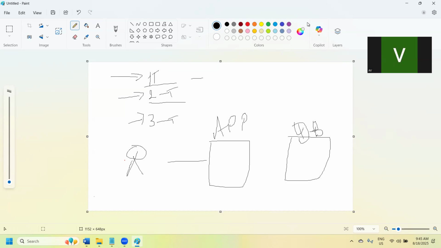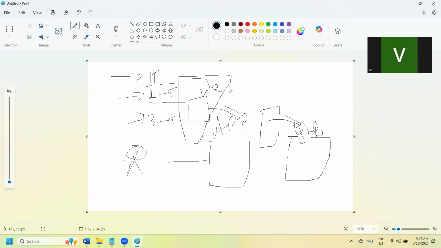So when it comes to the app layer, we also have a web layer. For example, there will be a web layer with web services, an application layer, and a database layer. Three layers will be available. So when it comes to the web layer, there are a few tools.